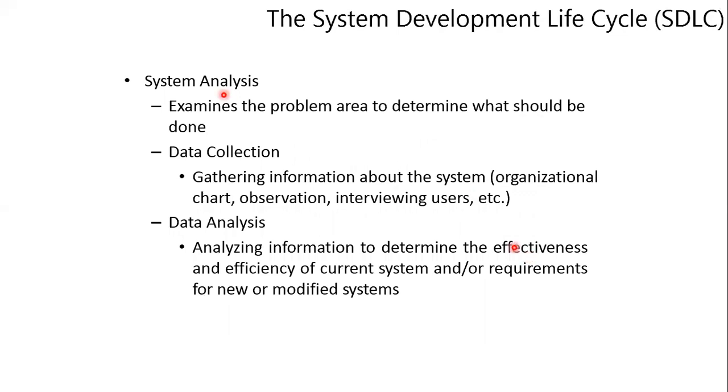Then we have system analysis, which examines the problem area to determine what should be done. Data collection, gathering information about the system: organizational chart, observation, interviewing users, etc., what they are willing to do, how, what type of outputs and what type of inputs they actually have, their demands. Then we have data analysis, analyzing information to determine the effectiveness and efficiency of the current system and our requirements